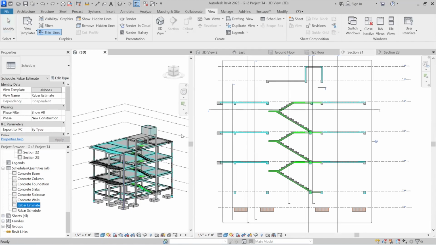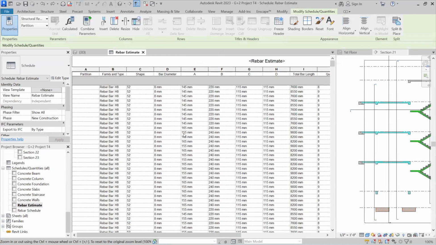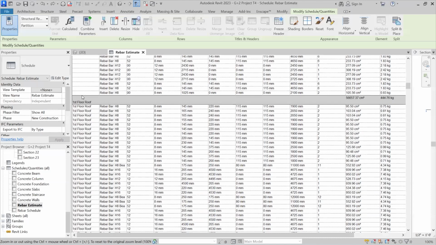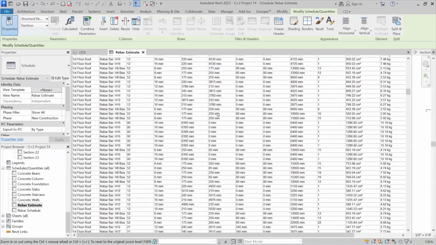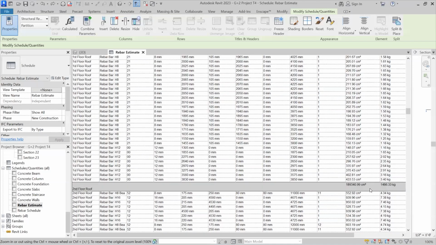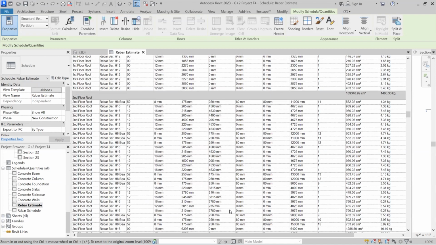So if you see steel rebar layouts, let me stretch it to the limit. Here you can see I was able to do automatic calculation. First floor, how much reinforcement it is going to take, the length, the volumes, the weight, I was able to get. This was the amount, 1.48 ton in the first floor. Second floor, this how much steel you are going to get, this client is going to ask you on the field. When he is going to construct his building, at each level he is going to call you and he